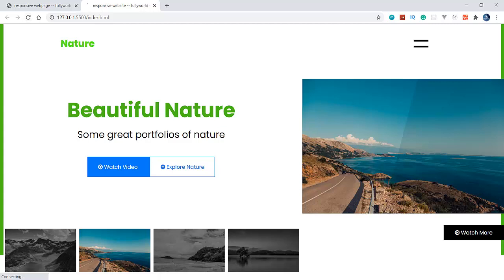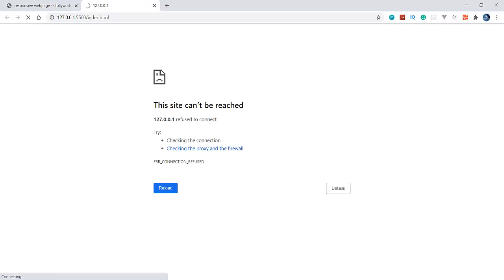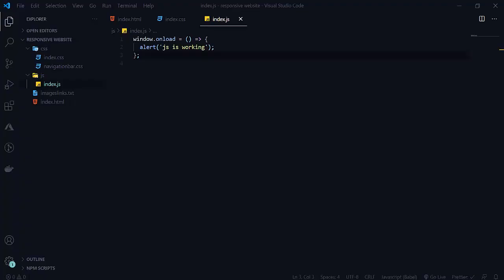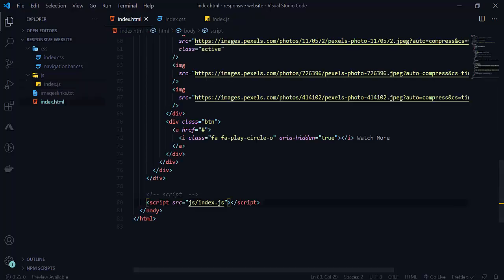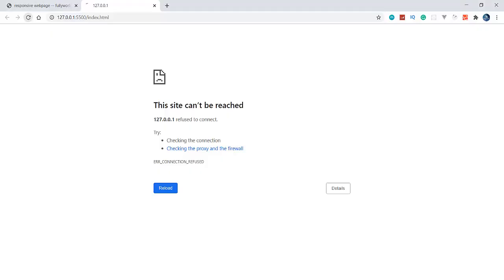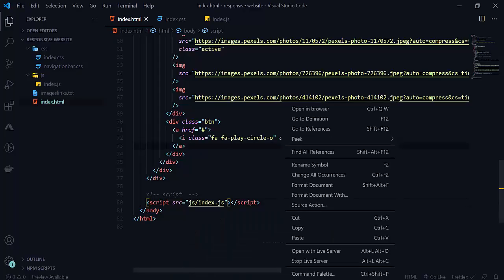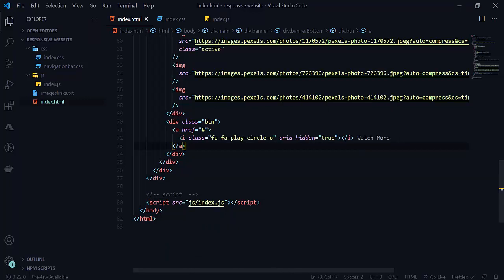Why is it not coming? It should come. Okay, our server is not working, so let me restart our server here. I will right click and open in browser, using live server.